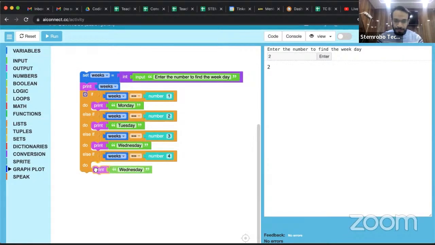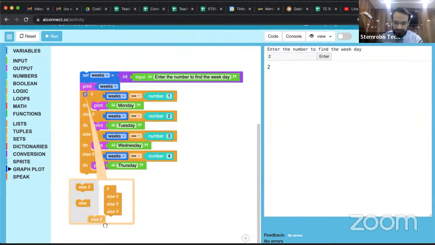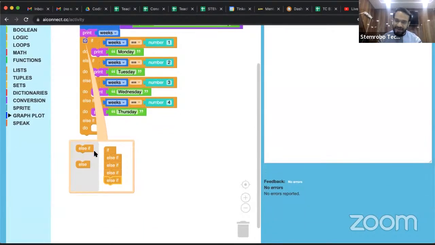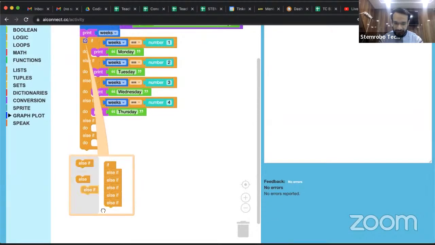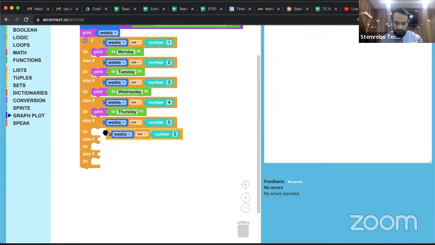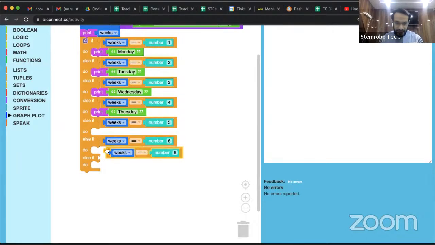तो this platform आपको ये एक्सेस दे रहा है कि आप यहाँ पे इस तरीके से डुप्लीकेट भी कर सकते हो। अब मुझे और कंडीशन ऐड करनी है, मतलब मुझे एल्स इफ ब्लॉक को और ऐड करना पड़ेगा। तो थर्सडे के लिए हो गया, फ्राइडे, सैटरडे, संडे, तो हम 3 और ऐड करेंगे, ठीक है। पहले हम इतना करते हैं, तो हमने 5 के लिए कर दिया, 6 के लिए कर दिया, और फिर हम करते हैं लास्ट जो है 7 के लिए।